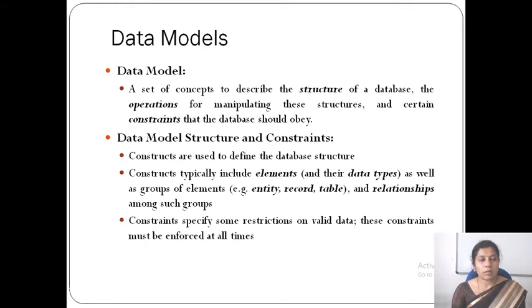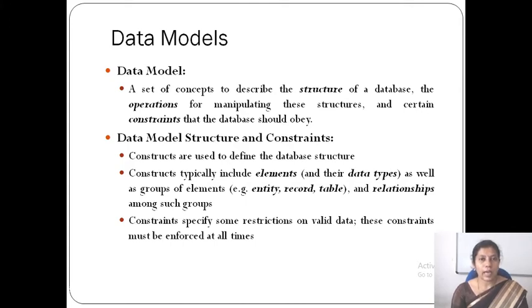So we use the terms entity, record, table. These are groups of elements. An entity will be formed by grouping the elements, where elements refers to the properties. If I group the properties related to one employee, then I'll get one entity.